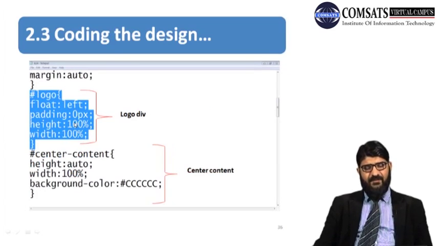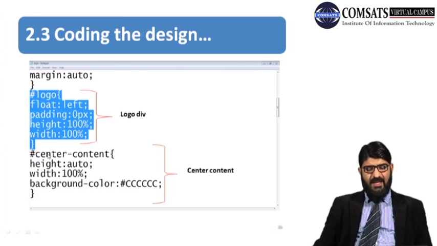Now the next div, that is the logo div. In the logo div, the logo div is declared, then the floating value that is left assigned for the block content, then a padding of 0 pixel is mentioned, then height and width of the logo section div is given in terms of percentage,